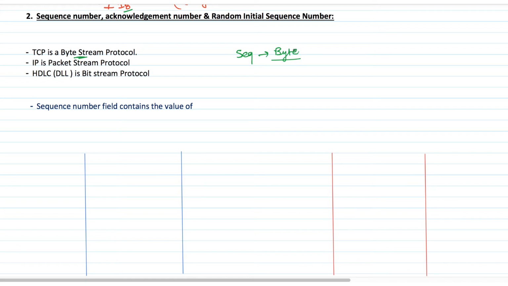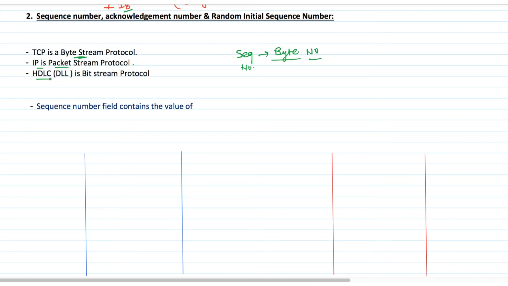In byte stream, sequence number is nothing but a byte number. So every sequence number is going to represent a byte. This is called a byte stream protocol. While IP is a packet stream protocol, means every packet is going to be assigned a sequence number. You might have noticed there is a field called identification number in the IP header, which is actually used as a sequence number for that packet.